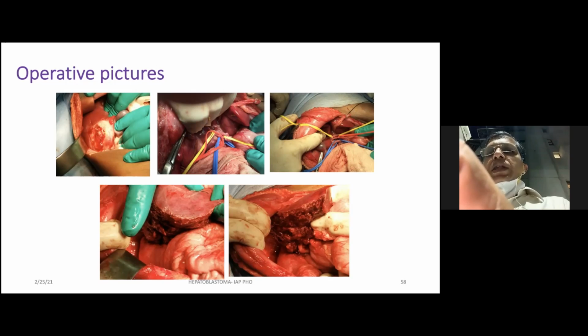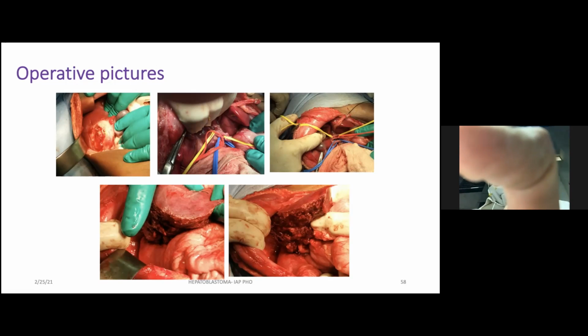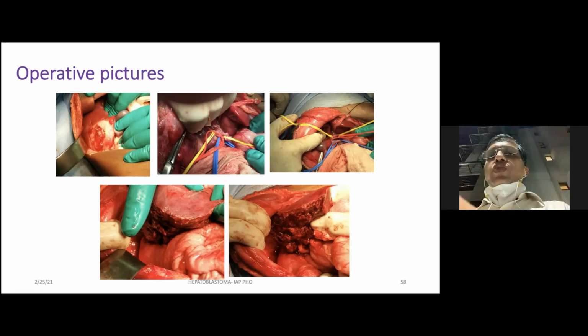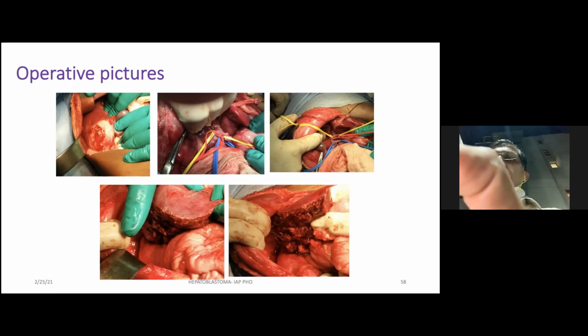The left and right hepatic artery with the red loops has been identified, and the hepatic duct with the yellow loops. So yellow loops separate the left and the right hepatic duct, the blue loop separates the portal vein, and the red the hepatic artery. Once we have identified all the three inflow vessels, then we go behind the liver to identify the hepatic vein. Then we ligate the corresponding right hepatic artery, the right hepatic vein and the right portal vein,